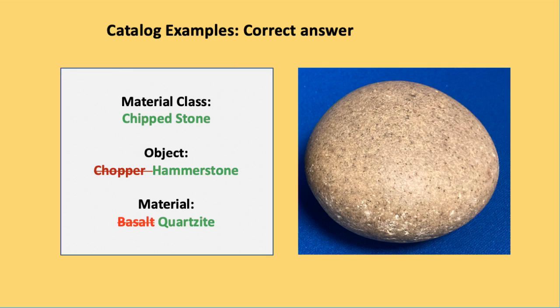The object is actually a hammerstone and not a chopper. Choppers typically have sharp edges and do not show evidence of stone bruising from percussive impact. The material type is quartzite and not basalt because quartzite often has a sugary appearance and medium-sized